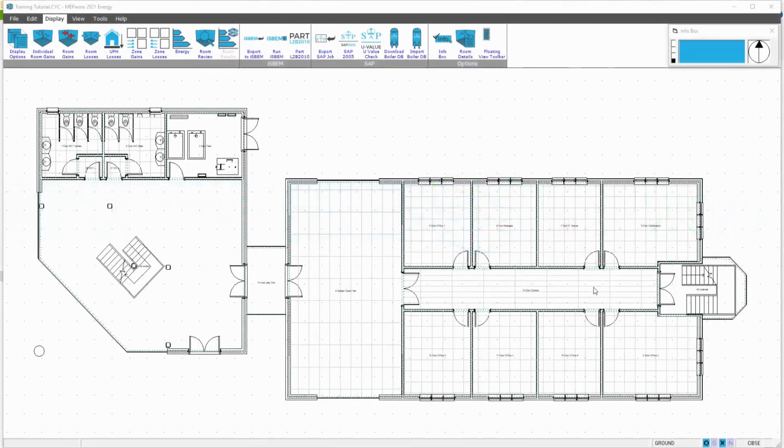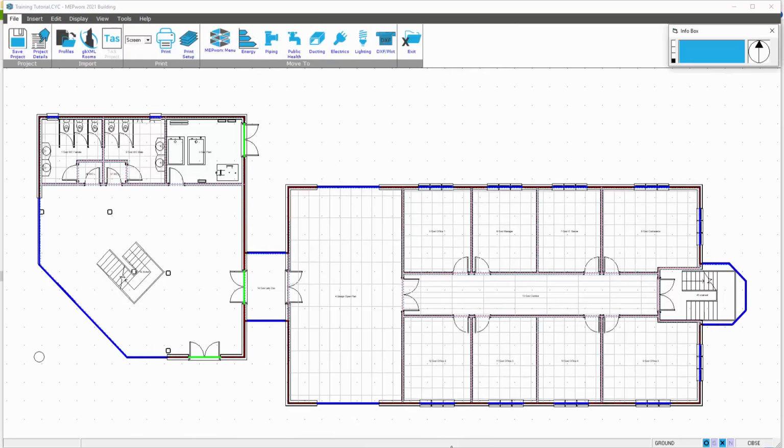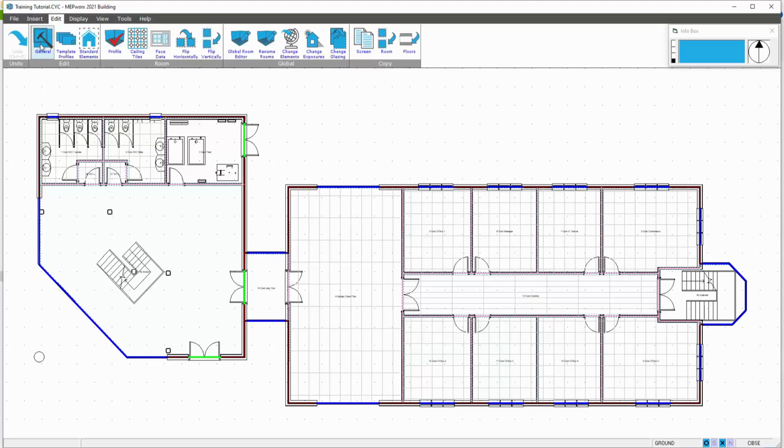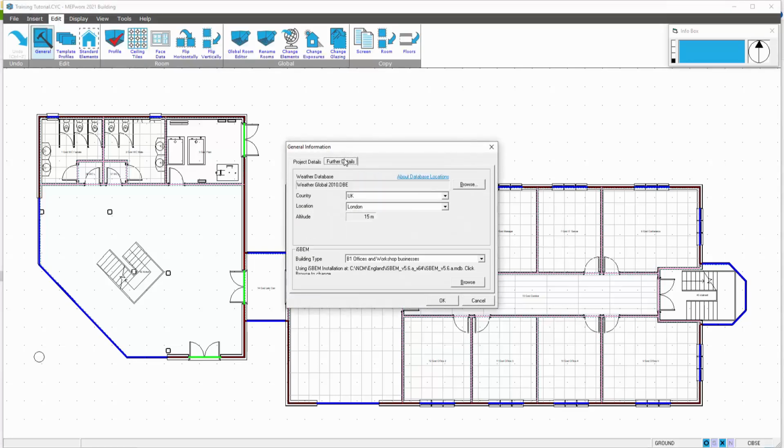This video looks at exporting to iSBEM. As a recap, we are currently in the energy program. We need to make sure we have pathed the iSBEM correctly in the building program. So we go to Edit, General, Further Details tab, and you can see here we have pathed and browsed to